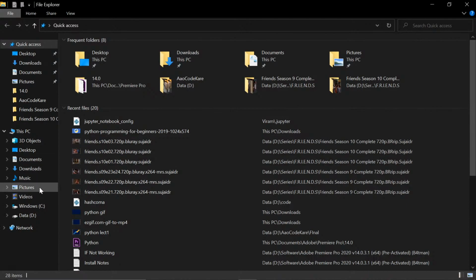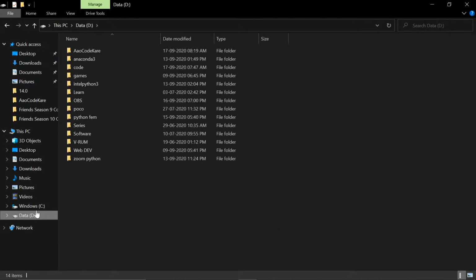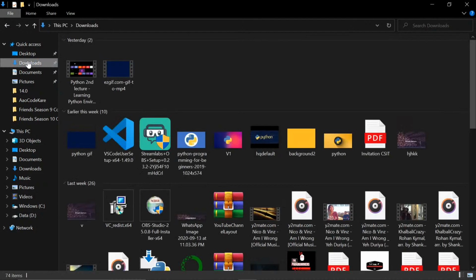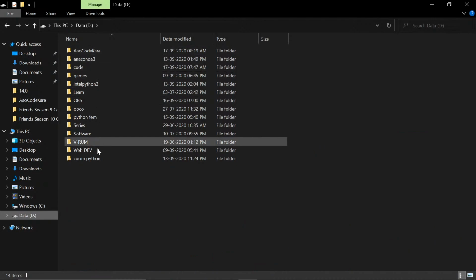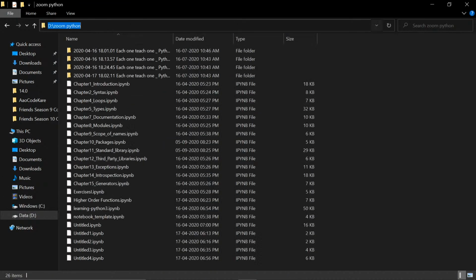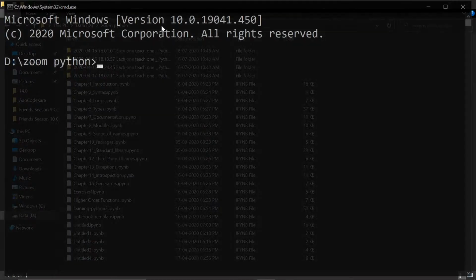So if you have files in a different directory, if you download it, if I send it to you and you download it, it will come here, right? If it comes here, you can just click on the URL and type CMD. Right now they are not in my CMD, so I'll go to this folder where all my files are stored, the Python files that I have made for you people. So we'll write CMD here.